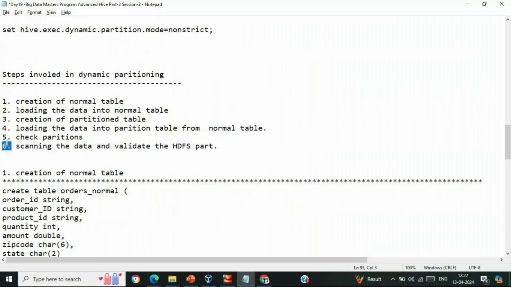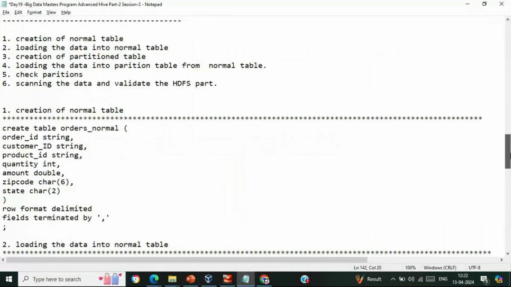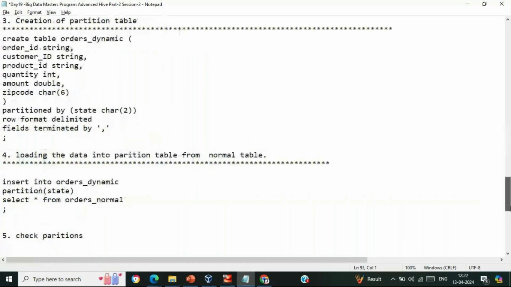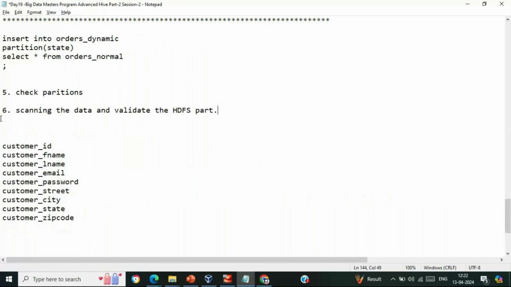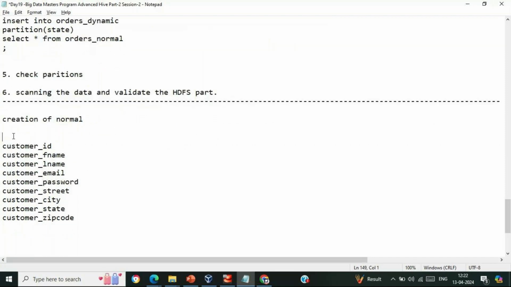Check the partitions. So let me mention these particular steps here only, and scanning. We have done these particular things. Not an issue. Okay, and moving further with the next partition table. So the first one is creation of a normal table. So what we are going to do, we are going to